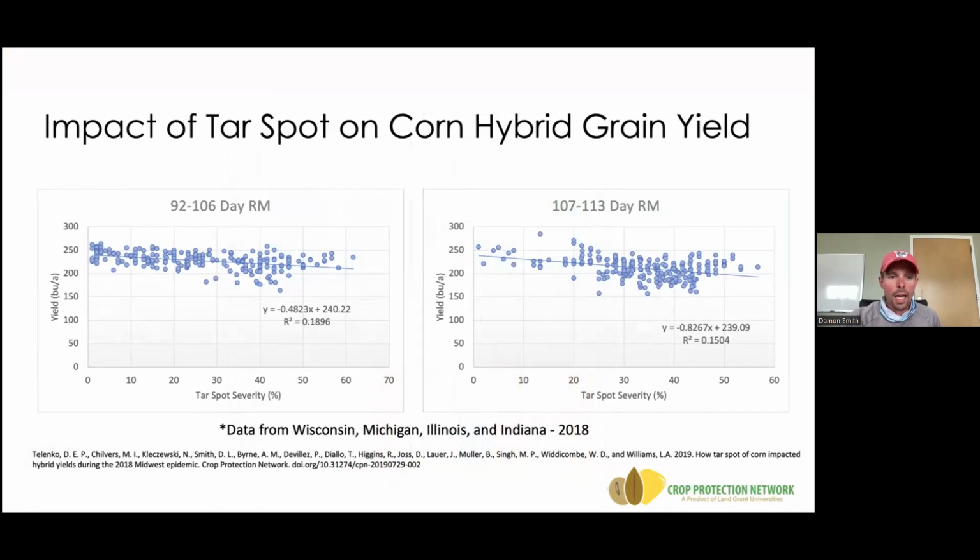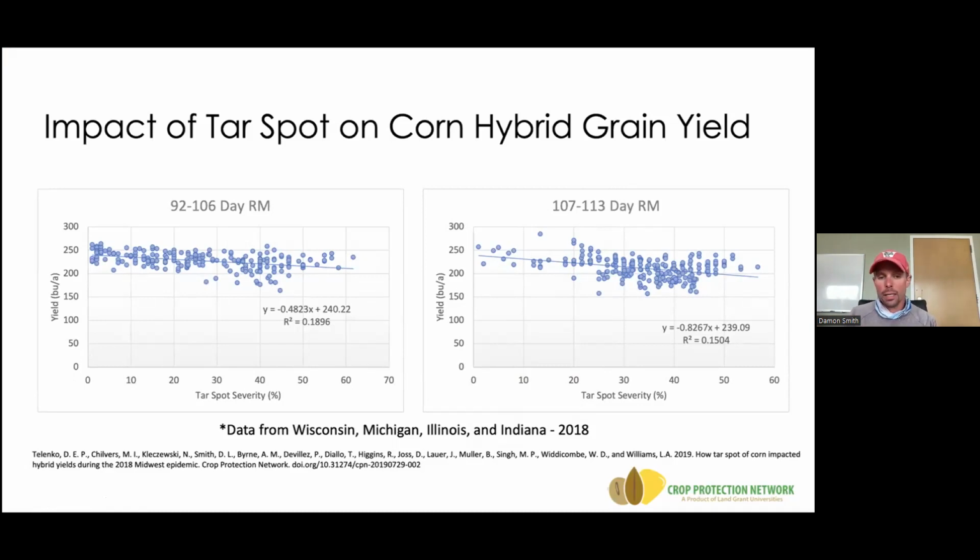Here's the yield loss data, 92 to 106 day relative maturities, where we're looking at tar spot severity along the lower axis and yield along the vertical axis. And on the right-hand side, we have 107 to 113 day RMs. We can solve for the slope of this line and figure out what the yield loss is.